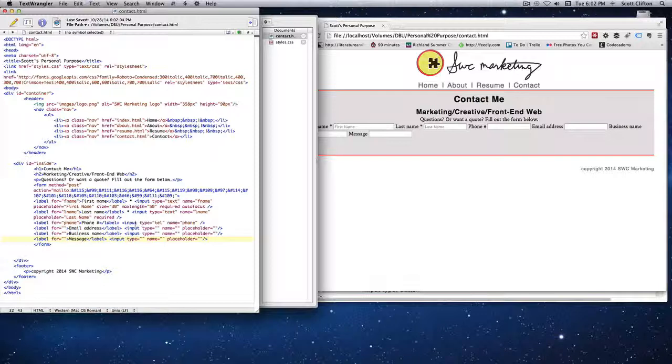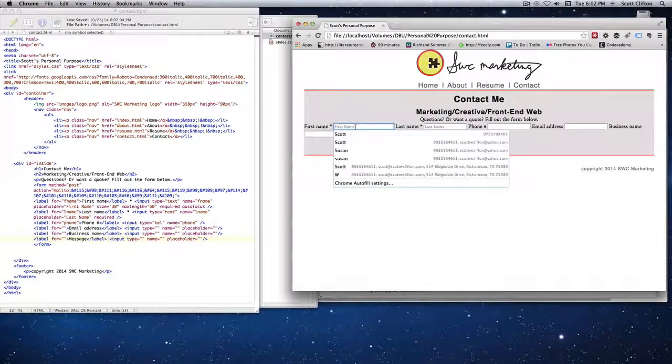Okay, so there's the phone. I can give it a size and a max length again. Remember what I said about 30 being the size for this first name? So if I just did 30,